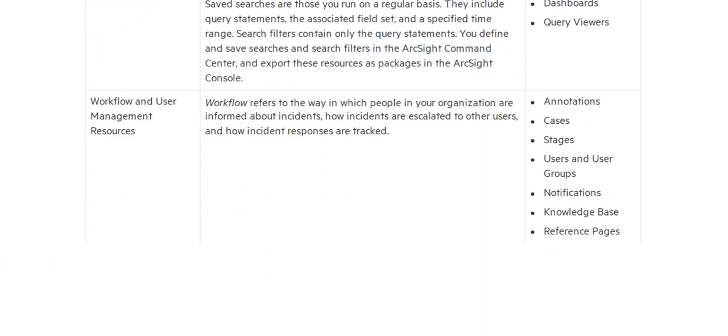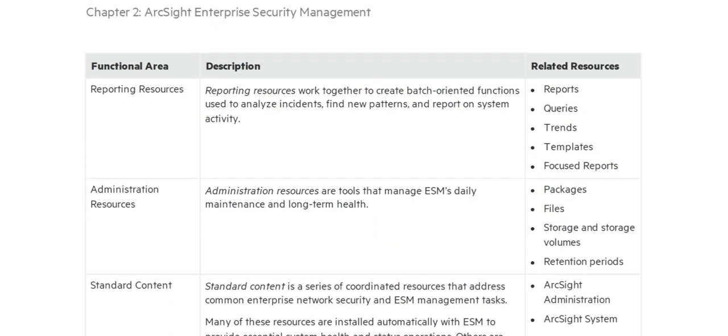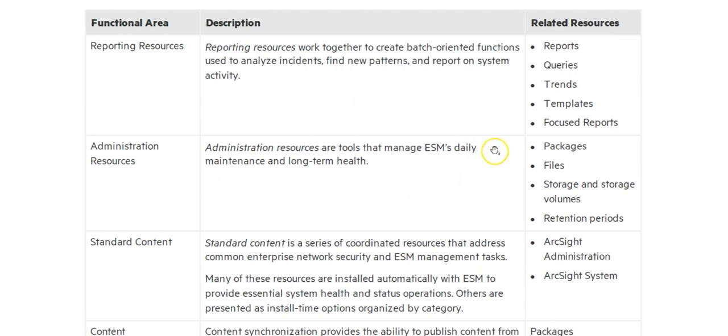Then we have workflow and user management resources. So this includes annotations, cases, stages, notifications. These are all related to workflow. Reporting resources, we have reports, queries, trends. Administration resources, we have packages, files,